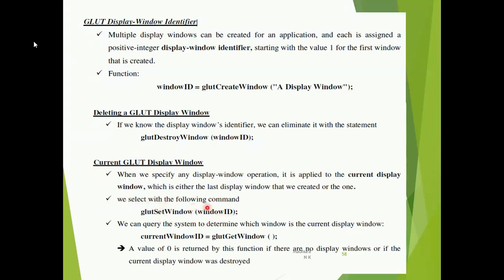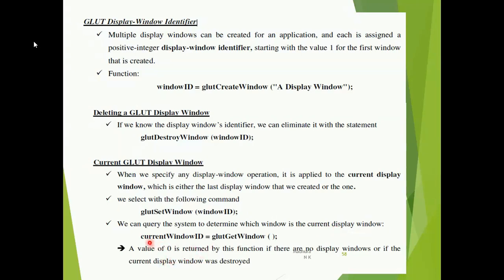And then we can query the system to determine which window is the current display window. That is also possible in our OpenGL functions. You can query the system itself to determine which window is currently being displayed.